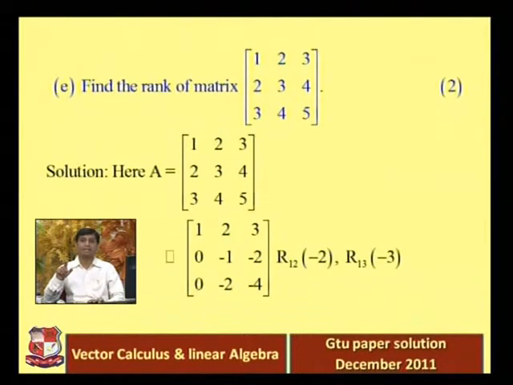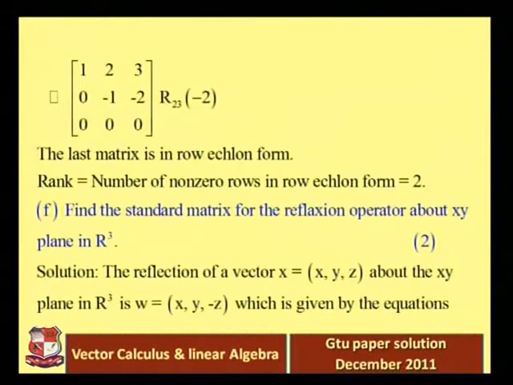Now what is our leading entry in the second row? -1. We are trying to make the element below that leading entry 0, right? We want 0 there, below that leading entry. That's why we are multiplying the second row with -2 and add into the third row. So next process, multiply the second row with -2 and add into the third row.